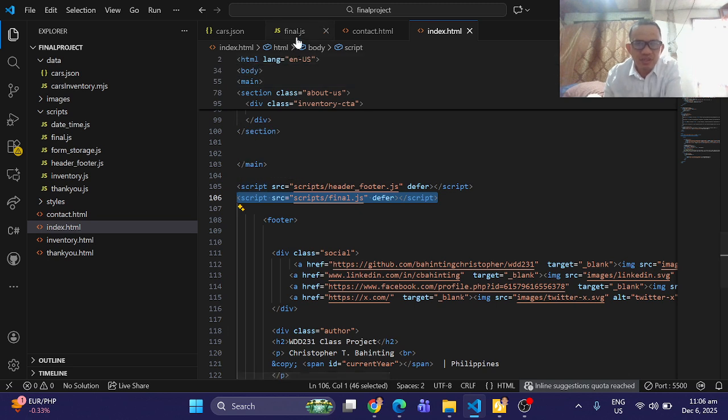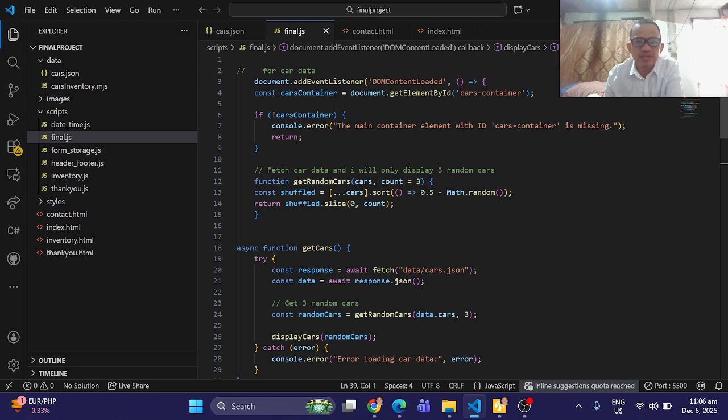So what I have done here is we load the DOM. The DOM is very important in data manipulation, and this also allows the HTML to run first so that we can avoid errors. Then the data in the JS will be used in manipulating the content in the HTML file.